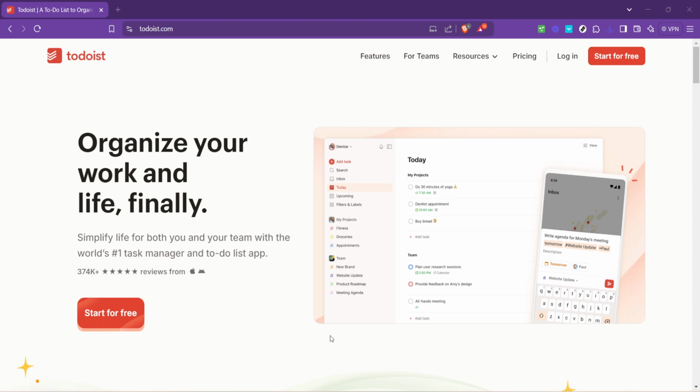It's easy to find, just type Todoist into your favorite search engine or enter the URL directly into your browser's address bar. Once you're on the Todoist homepage, look for the login or sign in option. Clicking on it will take you to the next step where you'll enter your email address. This should be the email you use to sign up for Todoist. If you haven't signed up yet, not to worry, you can quickly register using the sign up option right there